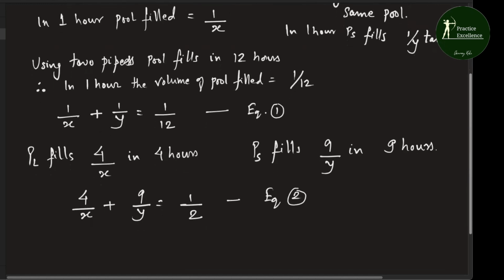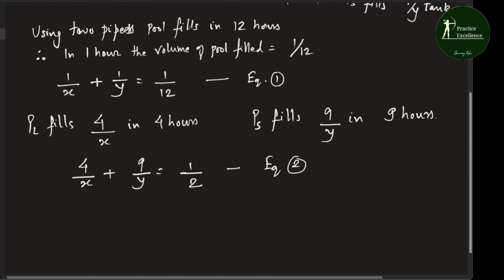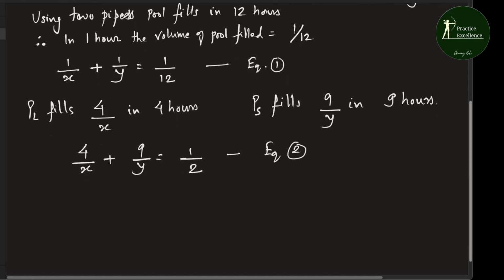So now we have two equations which are useful for solving the problem. So how will we solve these now? So now you can observe that x and y both are in denominators. Okay, and if you actually try to solve this, you will get xy as the LCM and you will get xy as a product term in the equation, which you don't want. So the way to avoid that is,